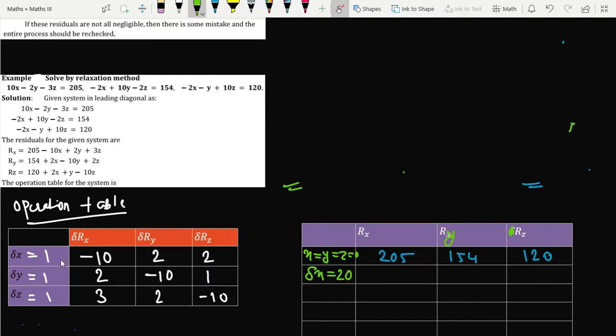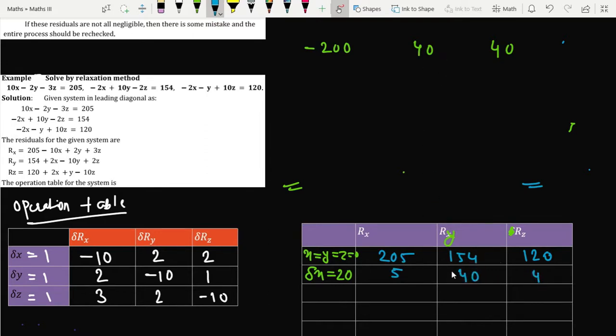When delta x is equal to 1, we get this table. What happens when delta x is equal to 20? So we multiply this 1 by 20. Similarly, we multiply all three elements by 20. So when we multiply these elements by 20, we get the first number as minus 200, second is 40, and third is 40. So here we have three numbers. So just add these three to the corresponding three. So we get the first value is 5, second value is 40, and third value is 40